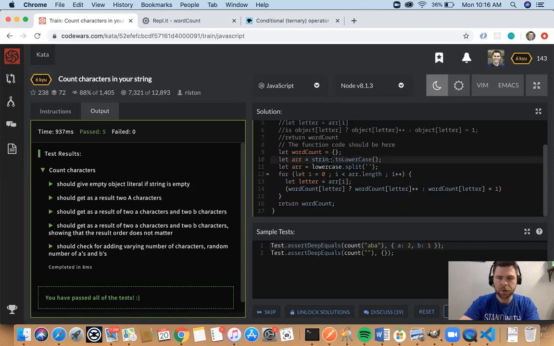Array equals string dot to lowercase dot split.